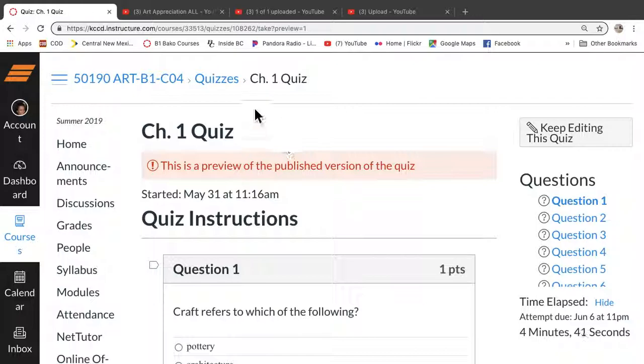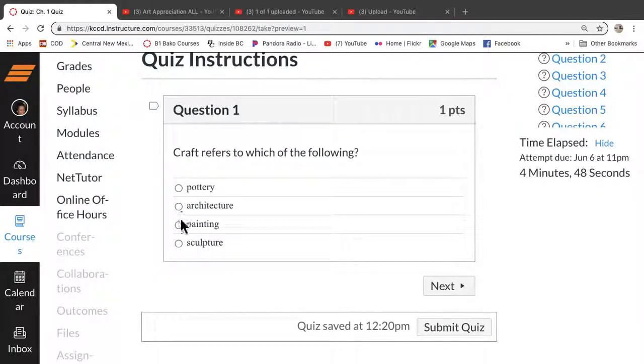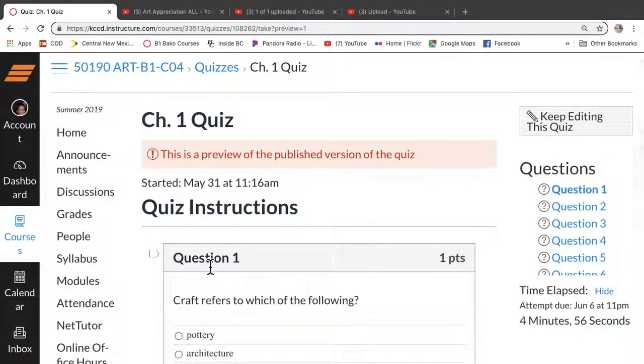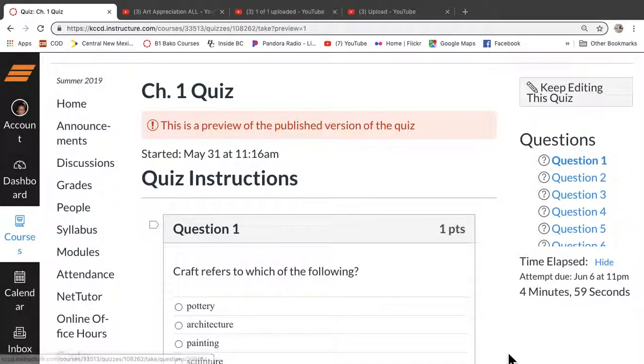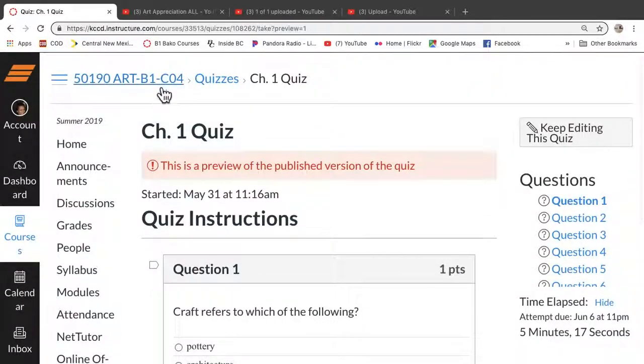The other thing we're going to look at right now is a chapter quiz. You will have 2 attempts to do this quiz, and you're going to choose a multiple choice answer. You have 2 chances here. Then you're going to hit submit quiz down here, okay? So I'm not going to do it right now, but it'll give you all these questions one at a time on this page, and then you'll look for, this is basically an open book course if you think of it that way. You can look for the answer in the book. Hopefully you've studied enough and you understand what these concepts are about. If not, you have the book to go back to.